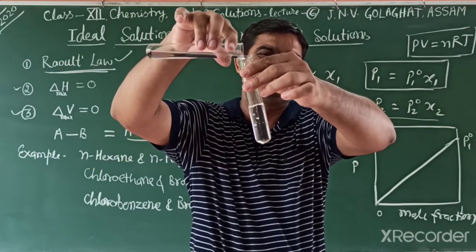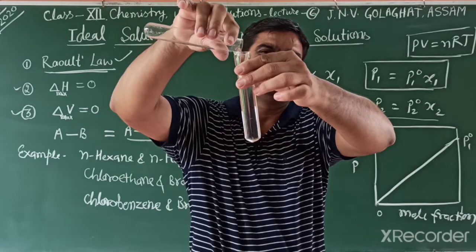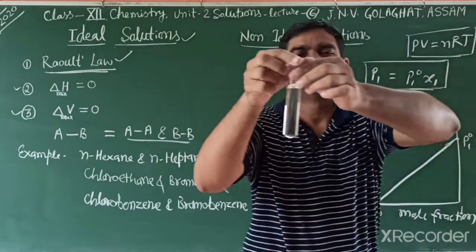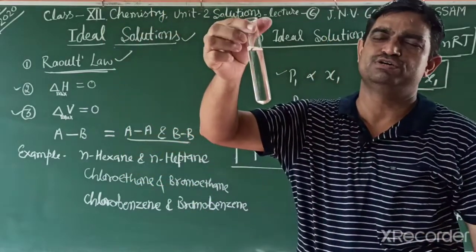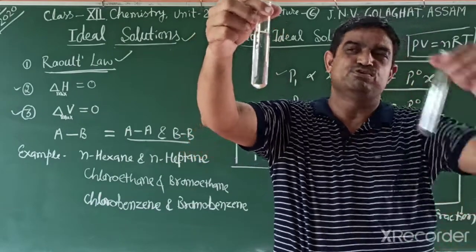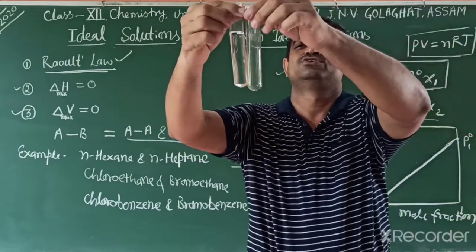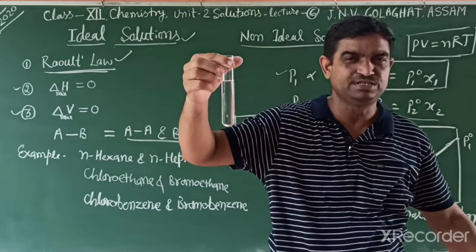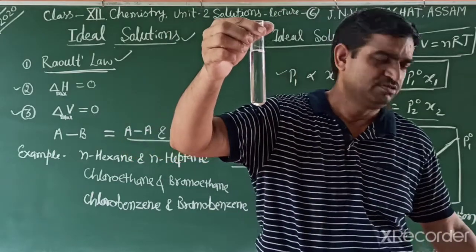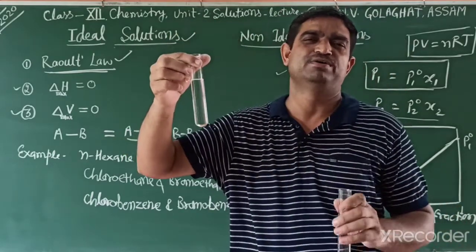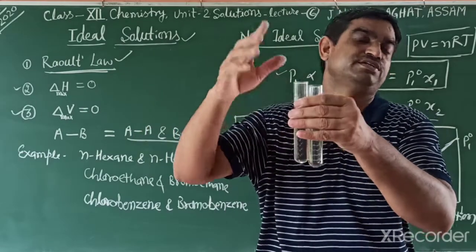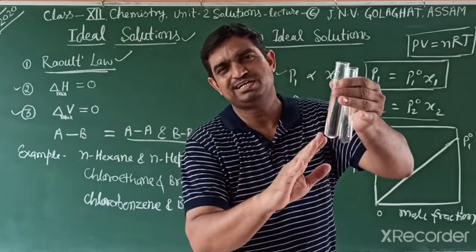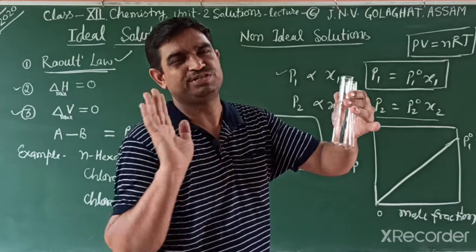When I put them together, both are equally distributed. It is a homogeneous mixture. You know what a solution is? A solution is a homogeneous mixture. I put both benzene and chlorobenzene in this. The overall total solution is 10 plus 15, equal to 25 ml. If this volume increases or decreases, the solution is non-ideal. If 10 and 15 make 25, the solution is ideal.